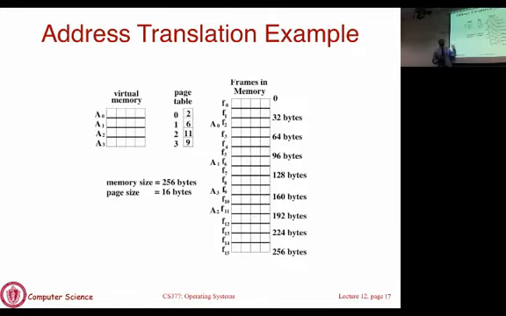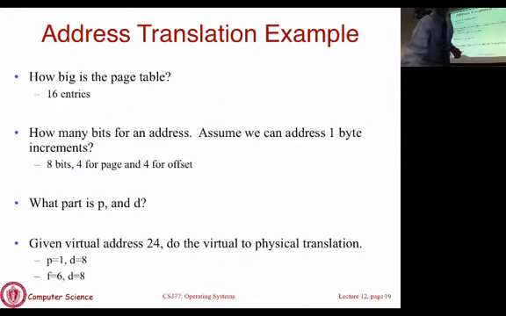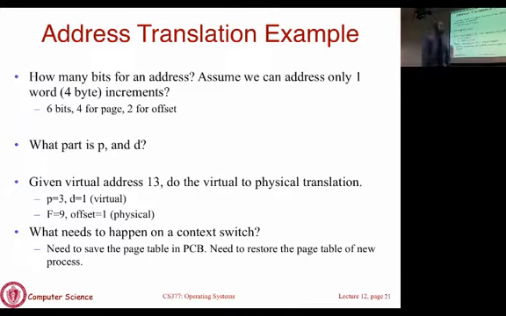Okay, nothing has changed as far as the page size and number of pages is concerned. It's still 15 pages, so you still need 4 bits to go from 0 to 16. Okay? But your address itself has shrunk from 8 bits to 6 bits simply because we said that you can no longer address individual bytes. This is a 32-bit machine, so you have to address entire words. So to do that, you need fewer bits. So you need 6 bits, 4 for the page, 2 for the offset, and then that's the translation,